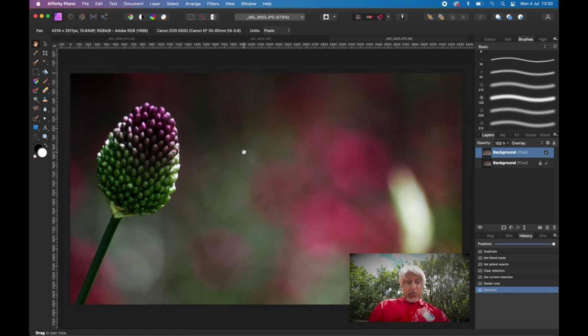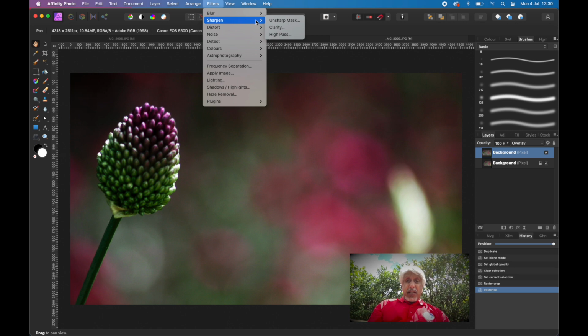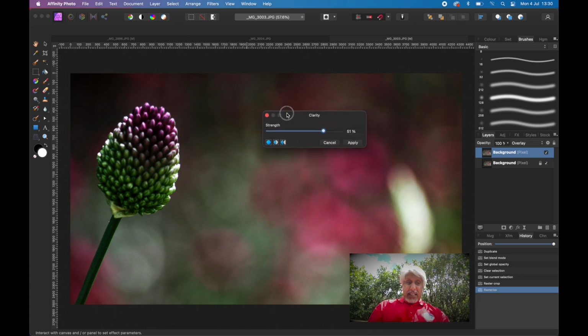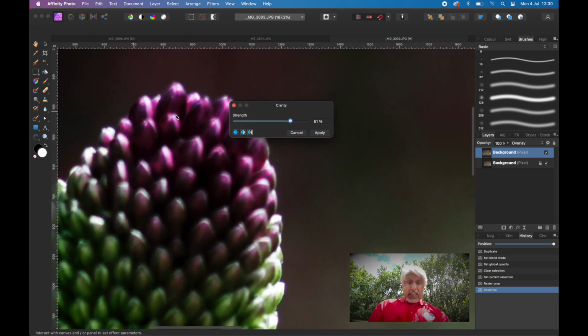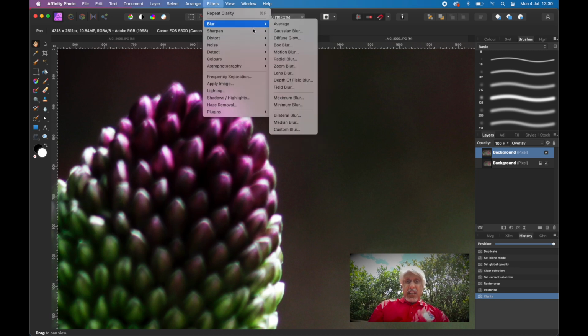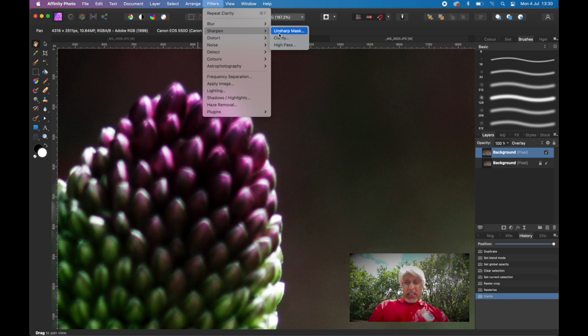And then what else can we do to this particular image? We could apply a sharpening just to sharpen this area here. So let's put a sharpening filter on it. If we go to filters and sharpen, we'll do clarity, let me just zoom in there and move that up a little bit, and it just enhances some of the highlights. So we'll apply that, and let's go to filters and sharpen again, and this time we'll use the unsharp mask,